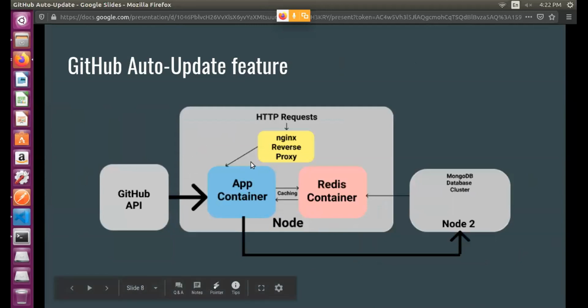Coming to the main portion of this project, in this PSOC, my main motive was to implement this portion of the application. So what would this portion do? Basically, the application container is going to request the GitHub API for the required information. Then it will check whether there are changes according to the old data or not. If there are changes, it will update the database, or else it is just going to keep the data as it is.